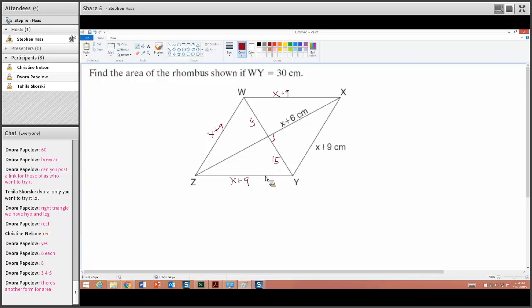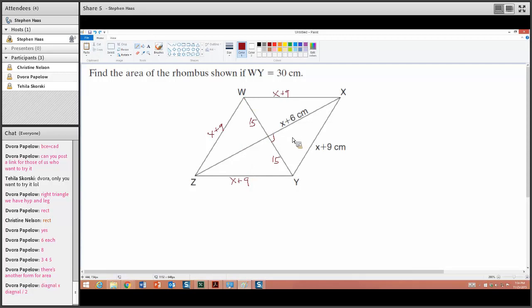Okay. Now, one possibility is to find the height. I don't know here how easy it would be to find the height. Well, there are a few different ways I could think of. For example, you could take an altitude from W and put it down here, and if you took an altitude and put it down there, this would be an isosceles triangle. So you could do it that way. But I think that there's a simpler way to do it,